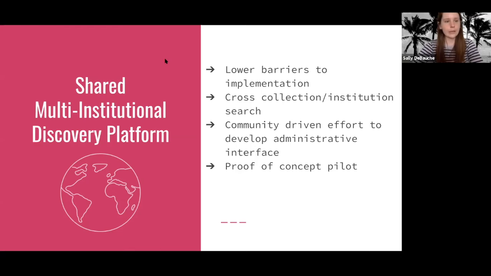I think this would provide a lot of benefit both to these institutions as well as researchers, as it would allow the institutions to publish their collections without the requirement of having a web server and someone to administer a web server, and to researchers to be able to discover these collections in one aggregated spot and to do cross-collection and cross-institutional searching. I think that could be a very powerful tool for them.